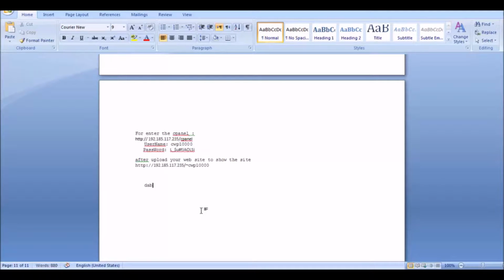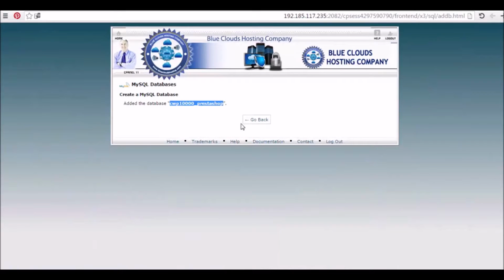Database name, as you see, paste. Also we need the username and password. Let's try to continue. Go back here,